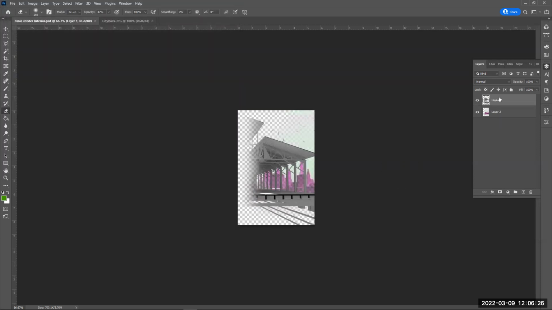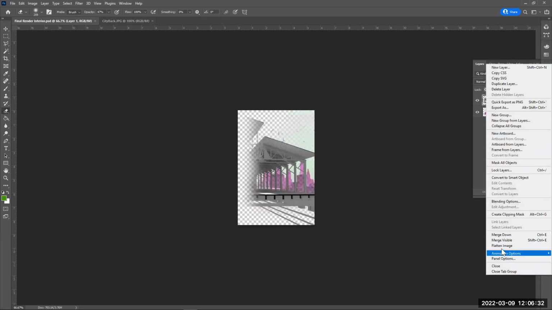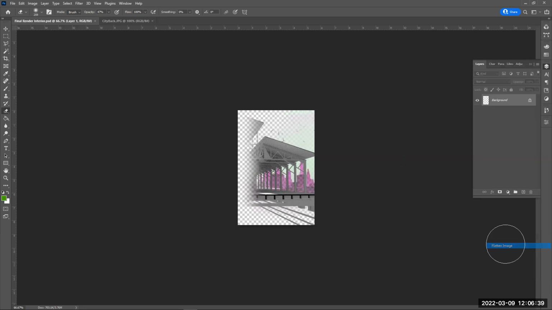okay, so here you need to, once you're done with the process, you can actually flatten here the image. I would recommend saving as well, so you have the Photoshop to work with. If you flatten, what it does is a background and a locked layer that you can't work anymore with. So keep in mind to always keep the Photoshop file there to work with. Okay, so I'm going to save that, and that should